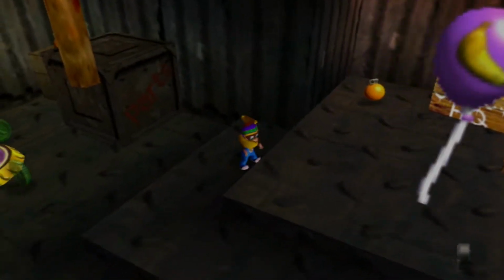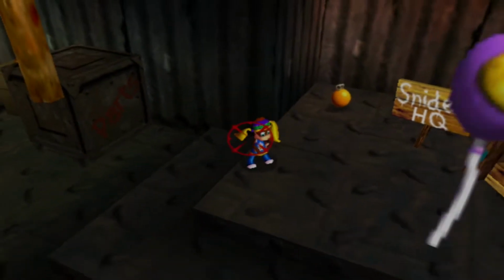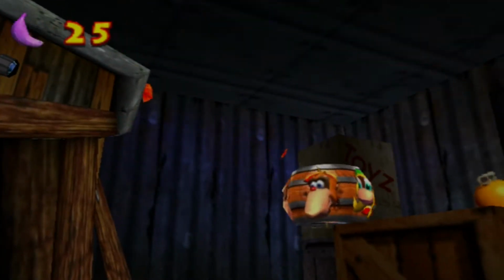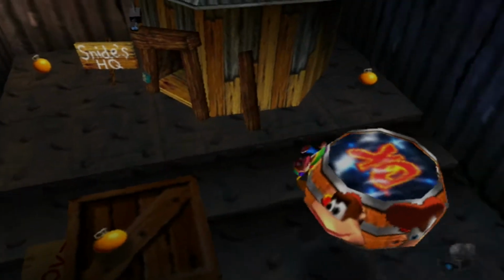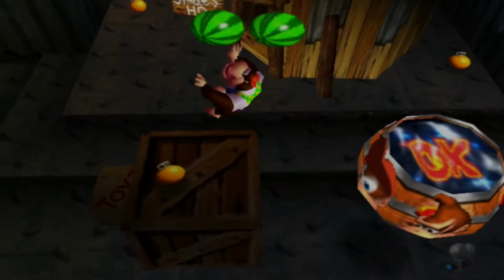Over here, here's Snide's HQ. This means absolutely nothing because, God dang it. Okay. Means absolutely nothing. Get over here. There we go. I'm gonna go ahead and switch to Chunky Kong and get that balloon up there. I want to collect at least all the golden